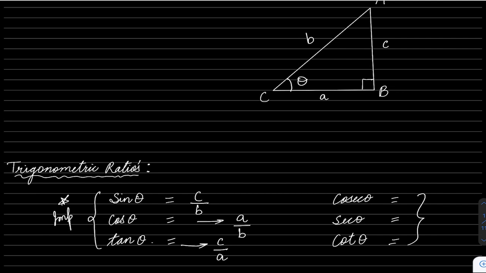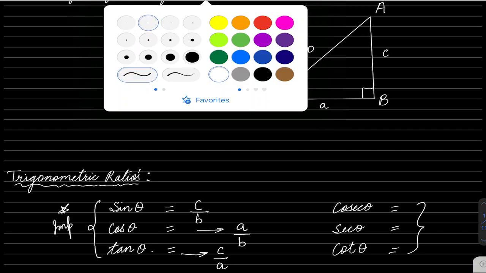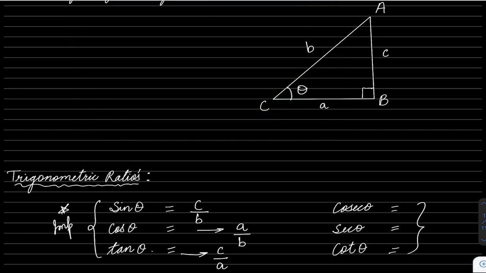So now how do we know which side ratio gives us sine, cosine, and tan? For that, you have to remember SOHCAHTOA. So basically SOH, CAH, and TOA. You have to remember this phrase SOHCAHTOA. Now this SOHCAHTOA tells us, first let's say SOH, that sine theta is O, which stands for opposite, over H, which stands for hypotenuse, and A stands for adjacent. Now what is this opposite?